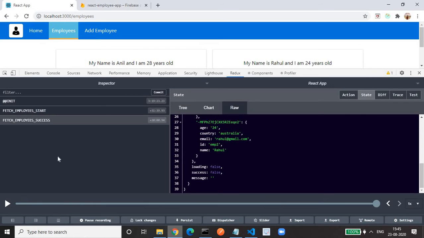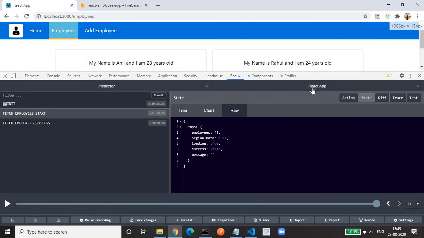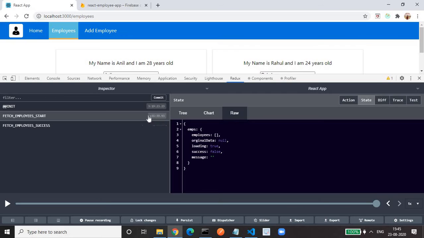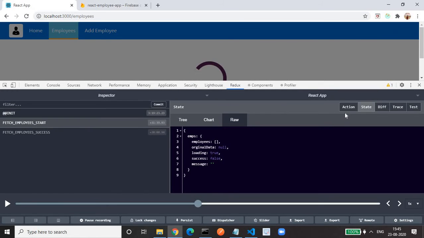If I go to our debugging, this is the action which is triggered when our spinner is being shown. This is triggered when the data is being fetched from the database. So if you see the state, the only difference is loading is true. We can see in the application what appears when that state is triggered by using time traveling debugging. If I click on jump, now we are at the time when this action was triggered.